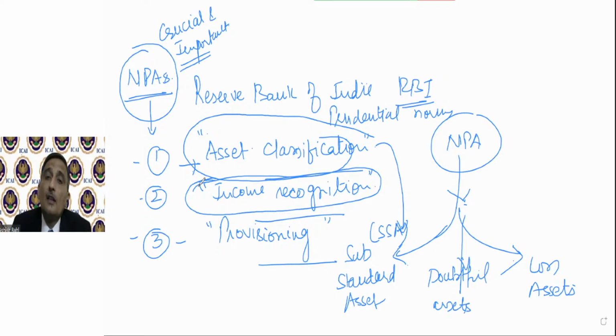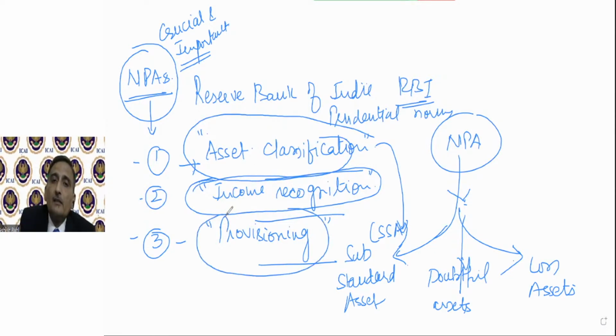Okay, so that is again in line with the concept of prudence, that if the account itself is bad and you are not recovering the interest, then you must not book it as your income. Okay, and